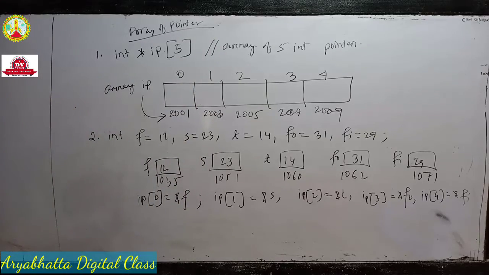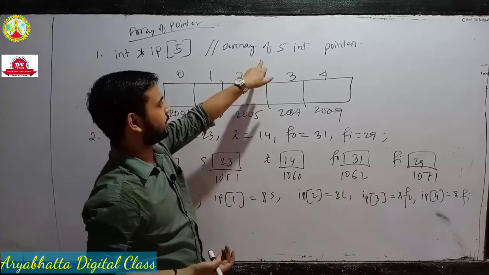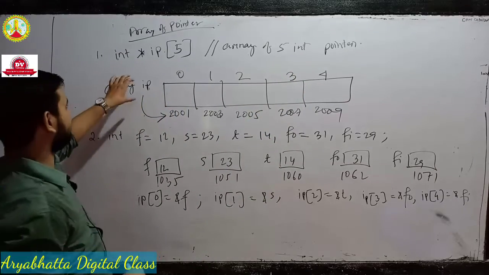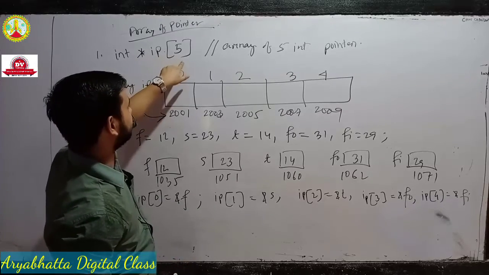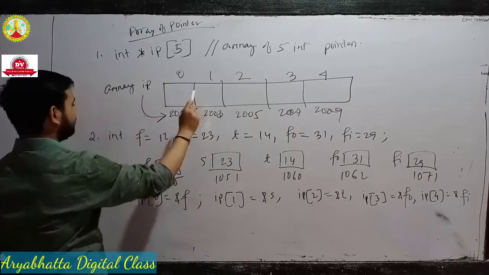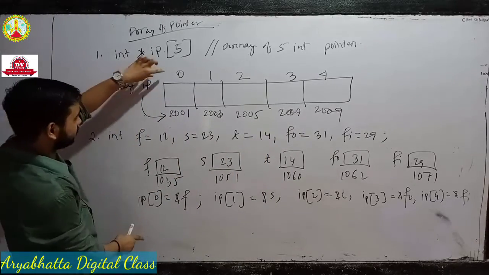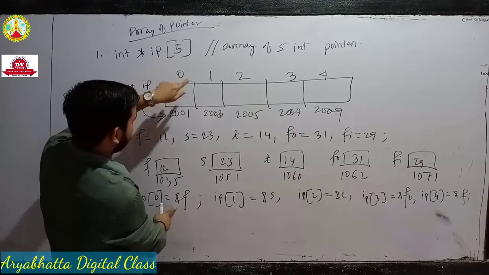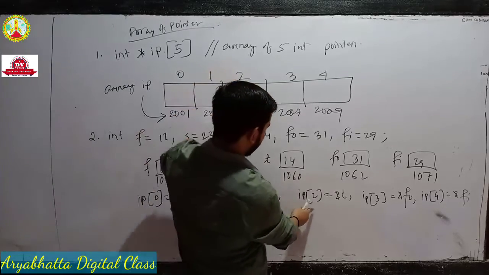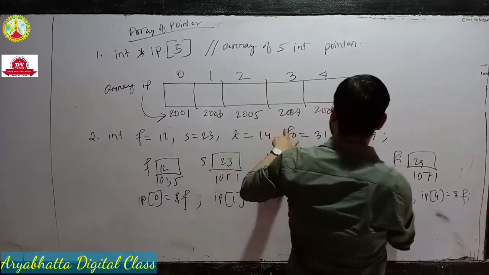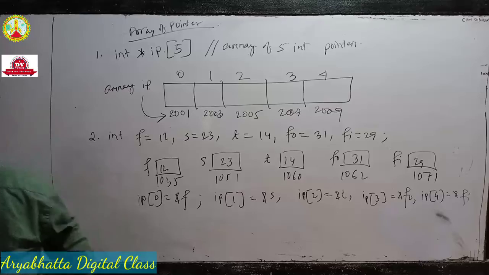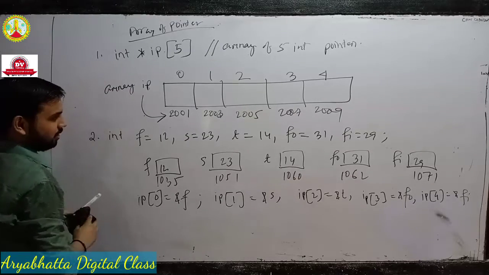Right? It means we define one array of 5 int pointers. This is the array of pointers, 5 int. This is the memory address of this. And what is stored in this? IP0 stores the memory address of F. IP1 stores the memory address of S. IP2 stores the memory address of this. IP3 stores the memory address of this. And this stores this. Now, after this, suppose we build the